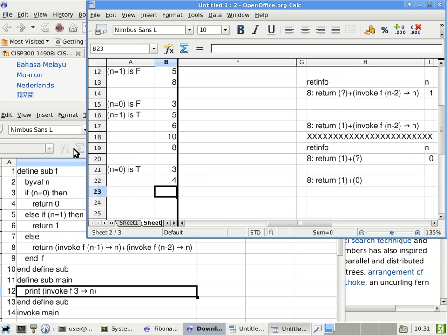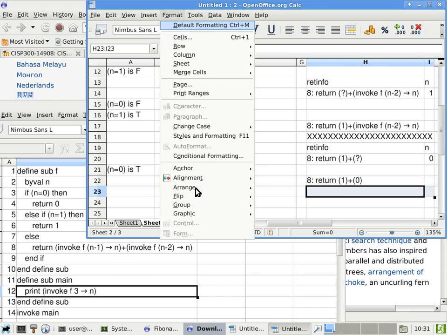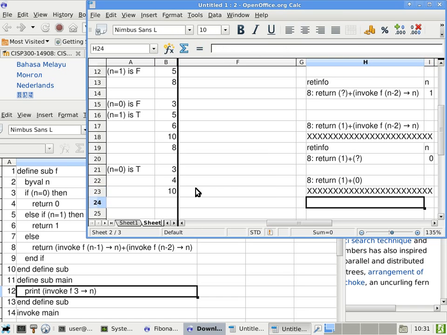After line 4, there's nothing else to do in the conditional statement, and we jump all the way to line 10. Line 10 is the end of a subroutine. We deallocate all the columns that we allocated earlier. Okay? And then where do we go? We go back to line 8. Very good. And line 8 now looks like this. Cell H22 is